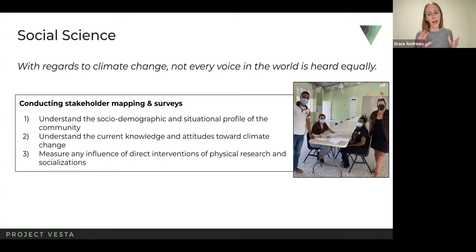So we have a full-time social science staff that lives in the DR or from the DR, and we have been conducting stakeholder mapping and surveys. Our aims for this were to understand the socio-demographic profiles of the local community around the project site, to understand their current knowledge and attitudes towards climate change, and then ultimately by doing first these baseline surveys,